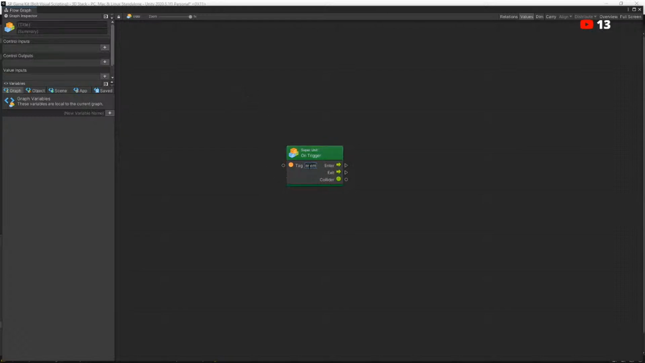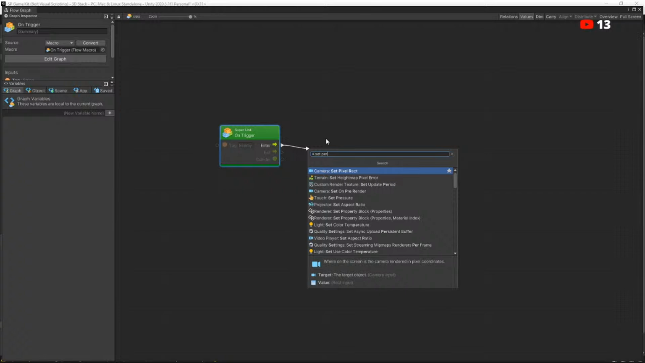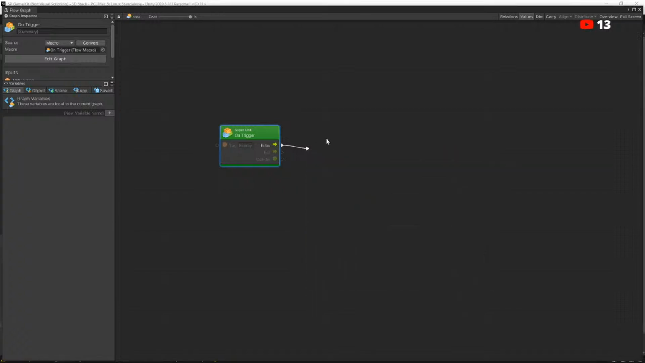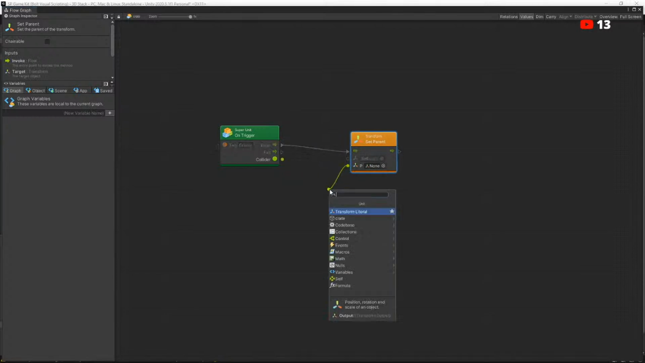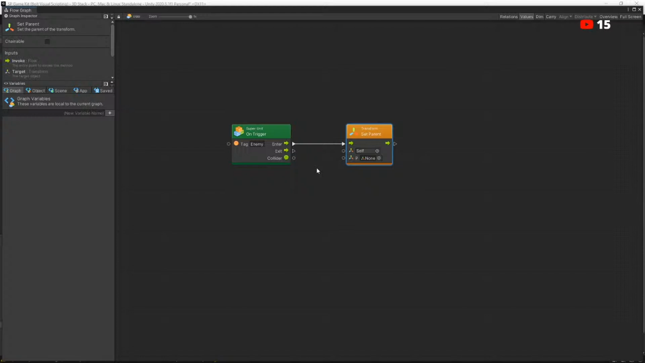This is going to be enemy. There are different types of enemies, but I'll just create the block enemy for now. So let's just do enemy, and if it enters, what I'm going to do is set parent. Set parent, and for parent I'll pass in none. Actually, I don't have to pass anything. I can just leave it at none. That's going to work. On trigger, it's going to set parent to none,